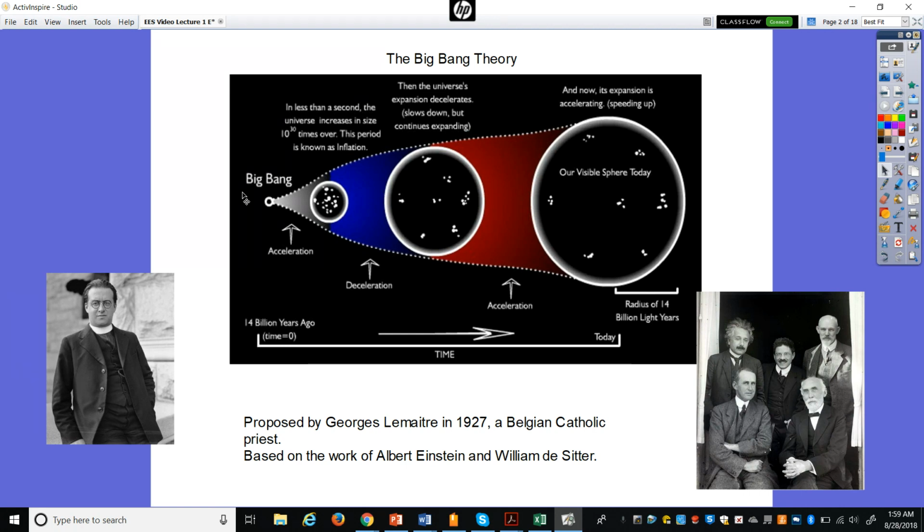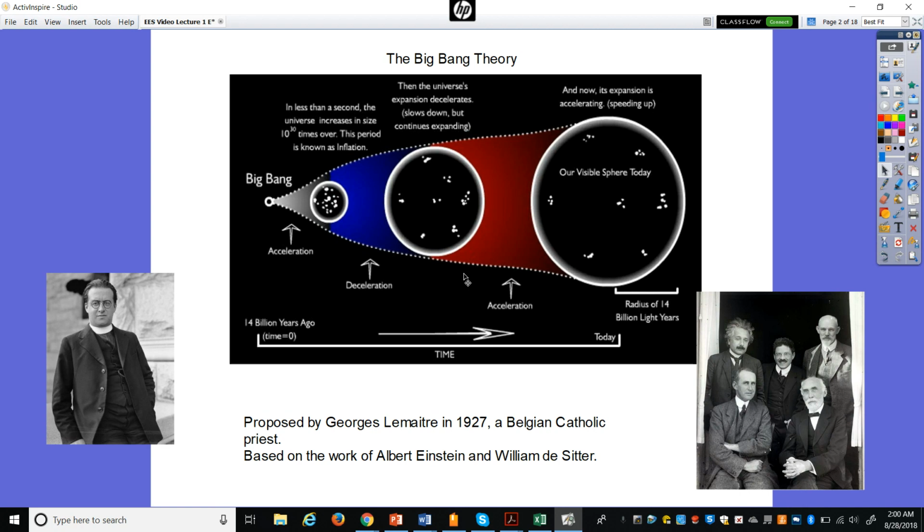And we don't know what came before this singularity, and we don't even know what caused it to explode, or not explode, but to inflate, or to expand, this Big Bang event. It wasn't a bang. There was no air at the Big Bang expansion, so there couldn't be a sound.